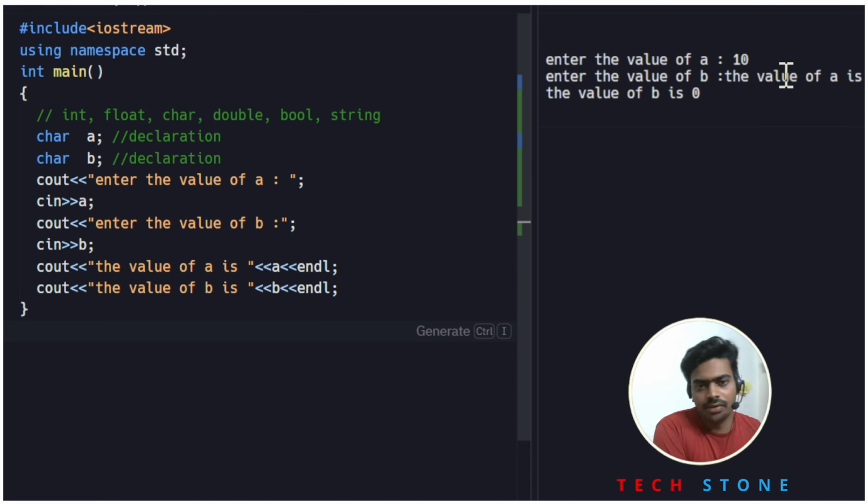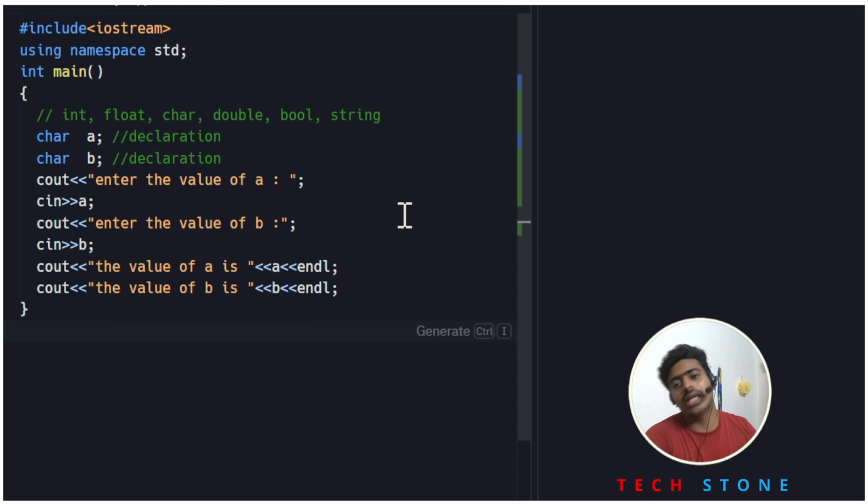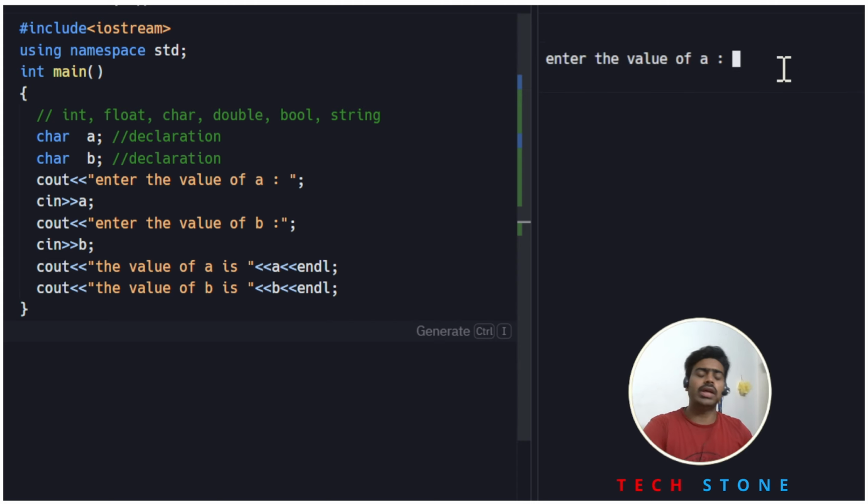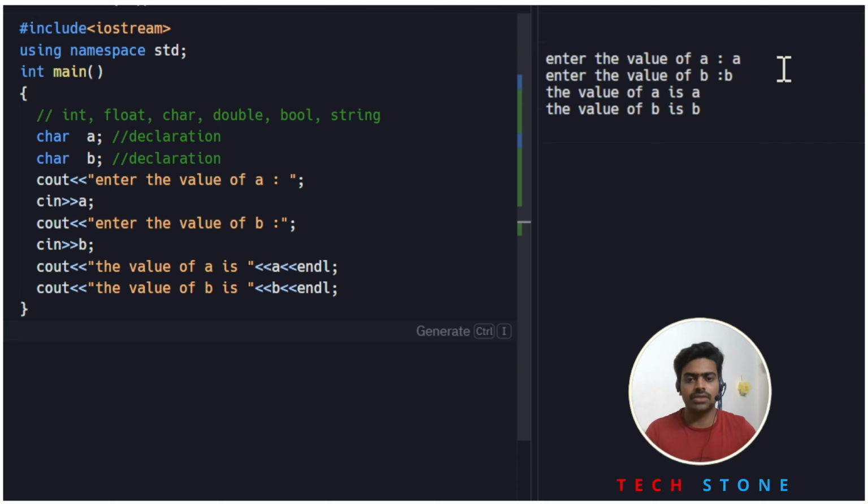It is not working properly because we have character type of variables and we are trying to store integer type of data. That's why we are facing this type of problem. If we again store character data, we do not face any such problem. First we store a, and look, our program is correct and working very well.